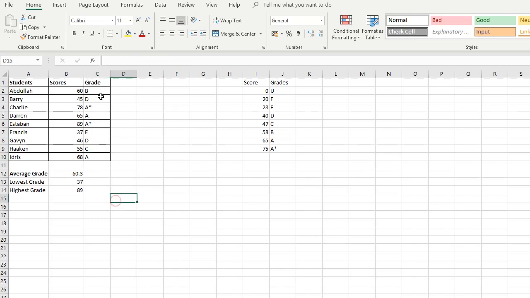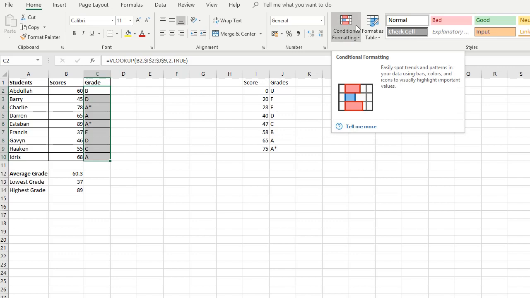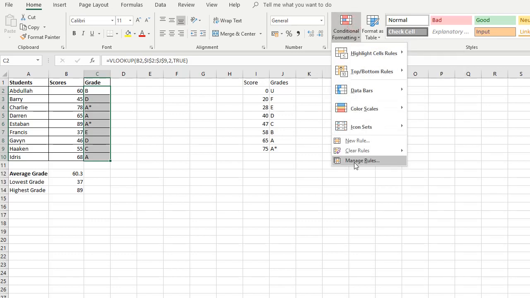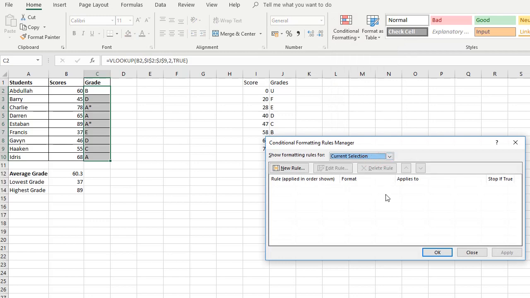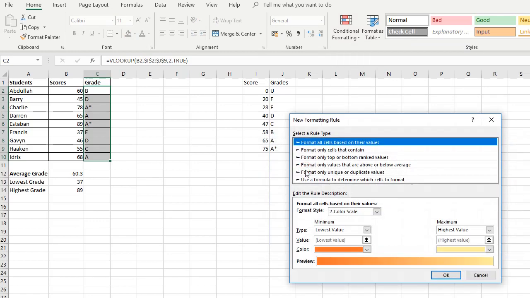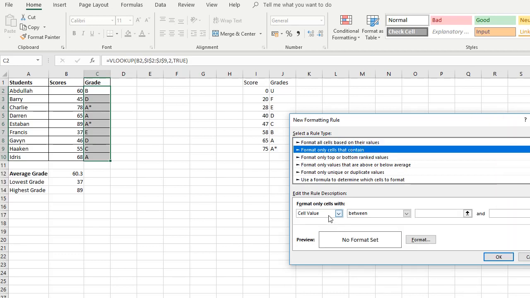So to do that, I'm going to select all these cells I want to apply it to, and up the top here I'm going to click on conditional formatting, and I'm going to click on manage rules. Okay, and what I'm going to do is create a new rule, and I want to apply it to cells that contain. The cell value has to be specific text,